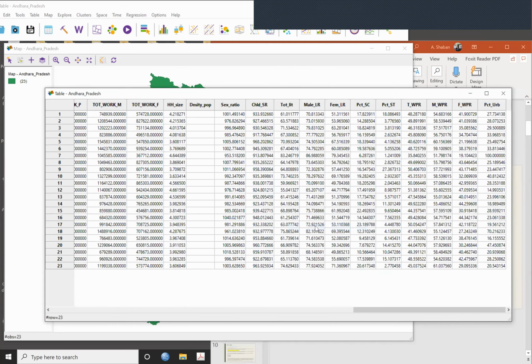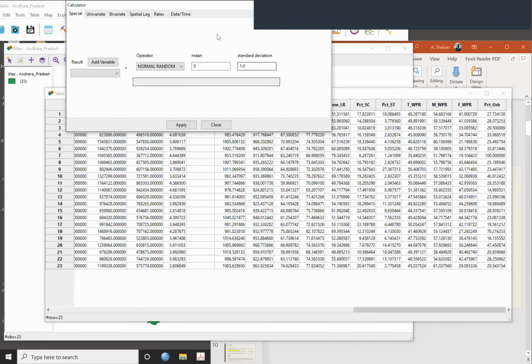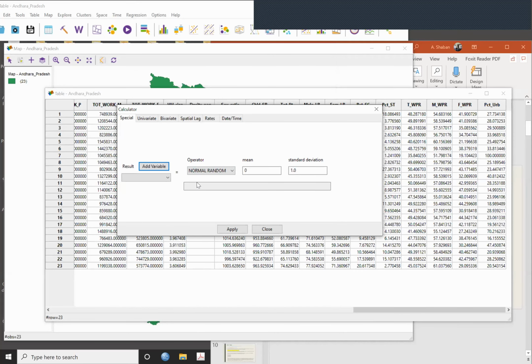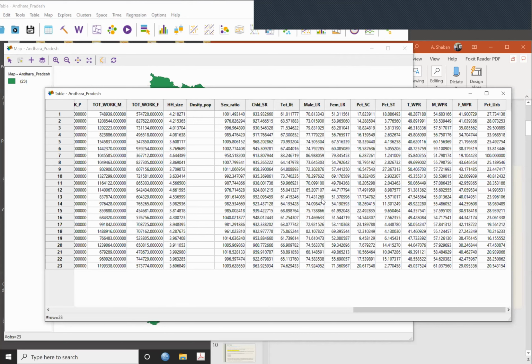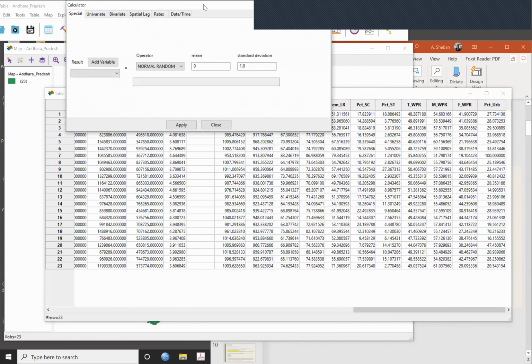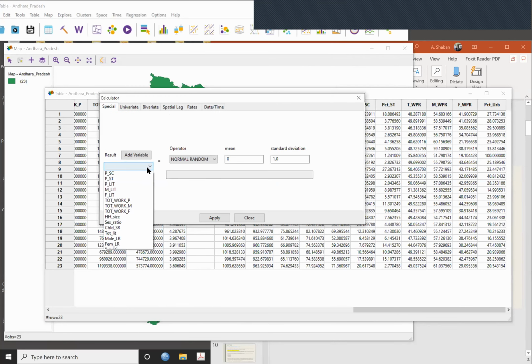So if you press calculator, this comes up, where you want to calculate, or you can add a new variable, or you can change any other variable.